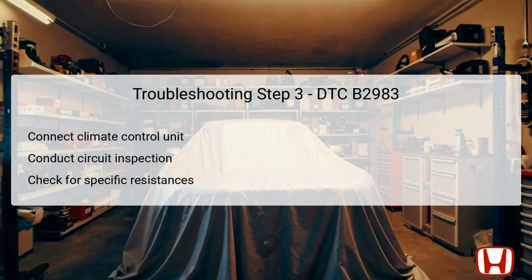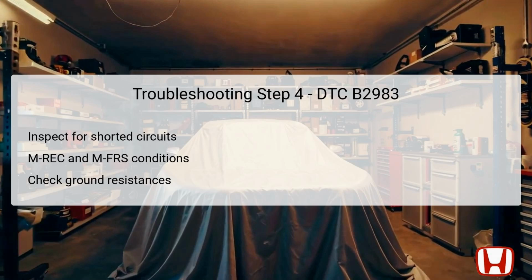your diagnostic process. The fourth troubleshooting step focuses on inspecting for shorted circuits that may be affecting the recirculation control motor. With the climate control unit and recirculation control motor connectors disconnected, inspect the MREC and MRSR circuits for any shorts to ground. Ideally, measurements should indicate more than 1 megaohm of resistance, which confirms that the circuits are not